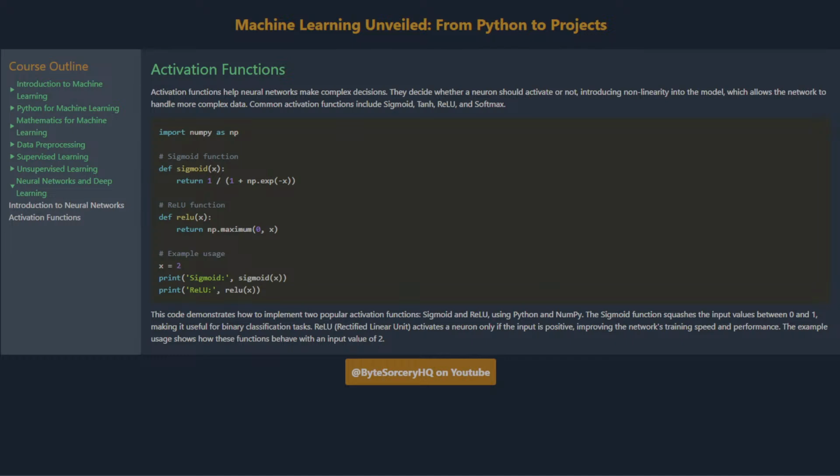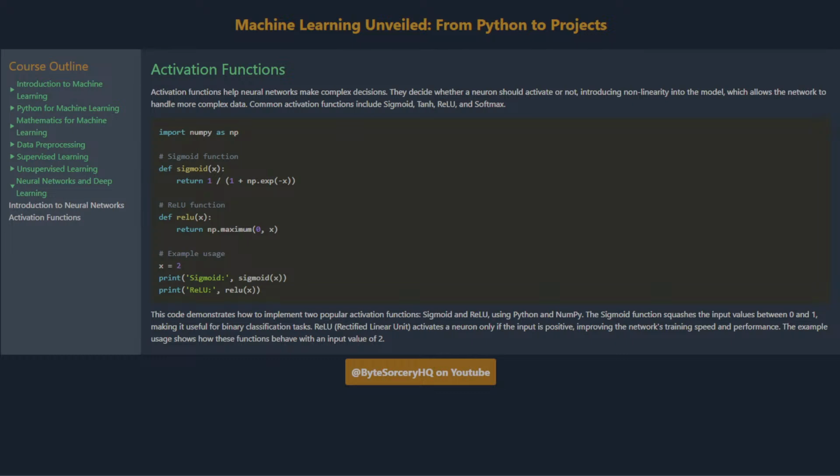Activation functions. Activation functions help neural networks make complex decisions. They decide whether a neuron should activate or not, introducing nonlinearity into the model, which allows the network to handle more complex data. Common activation functions include sigmoid, tanh, ReLU, and softmax. This code demonstrates how to implement two popular activation functions, sigmoid and ReLU, using Python and NumPy.